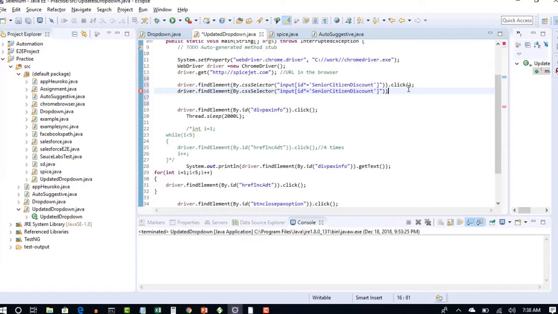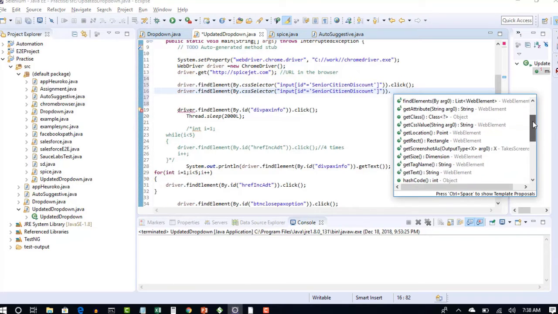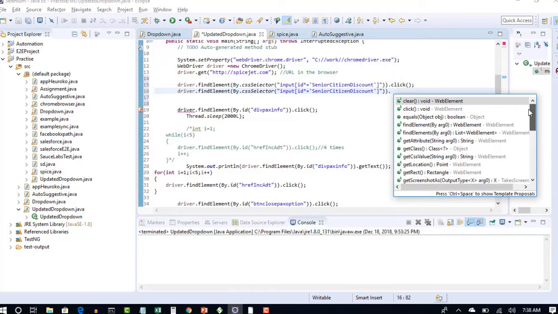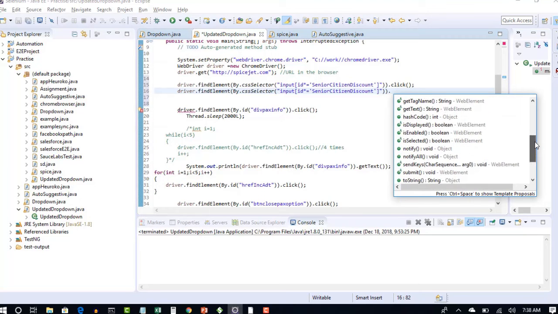Now instead of clicking, I will select a method which will tell if the checkbox is selected or not. Can you find it from here? Read out every method shown in these suggestions and try to find a method which will help us see if the checkbox is selected or not. You see that? isSelected.